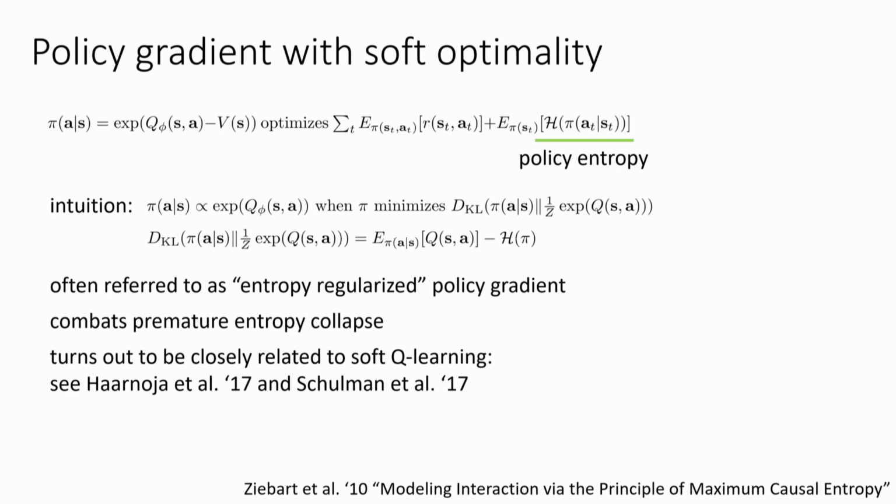It actually also turns out, as a funny observation, that when you include the entropy term in policy gradient, the resulting gradient that you get looks eerily similar to Q-learning. This connection can be made more precise, although it's still a little bit imperfect in many cases. The reason it's imperfect is because policy gradient is not exactly Q-learning, but they are very closely related. I think I can go through that connection